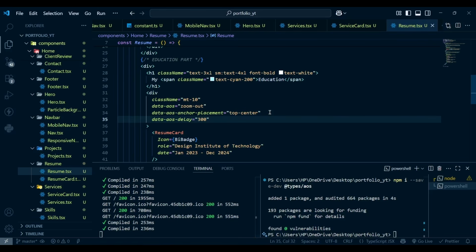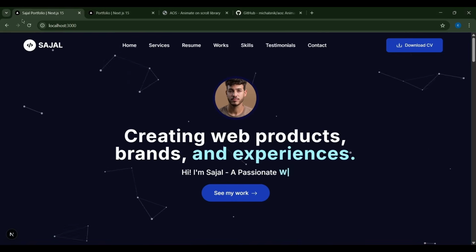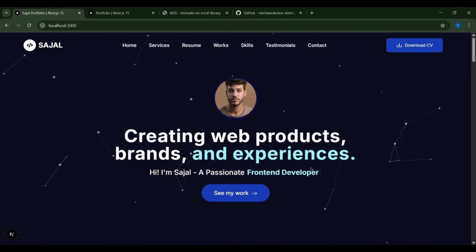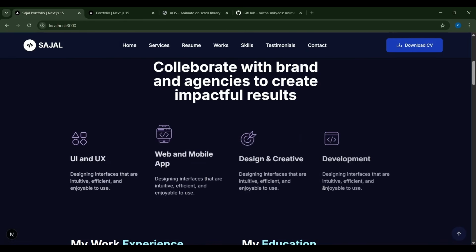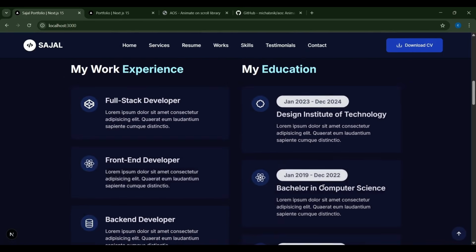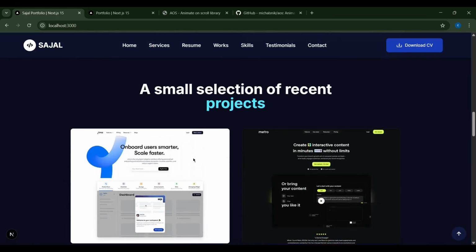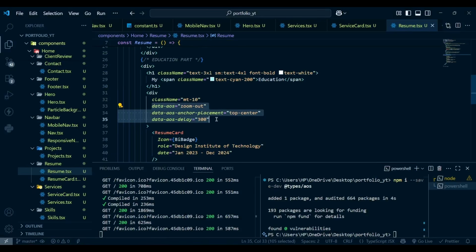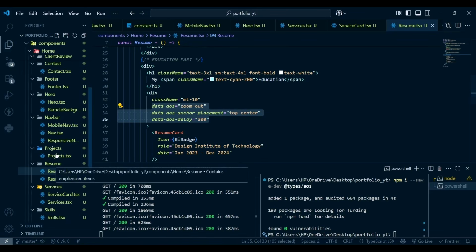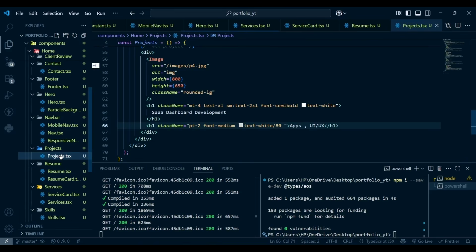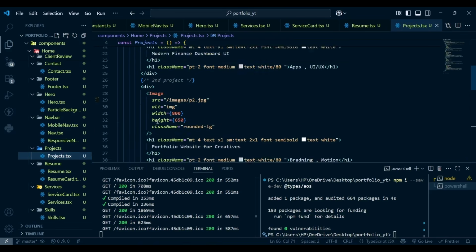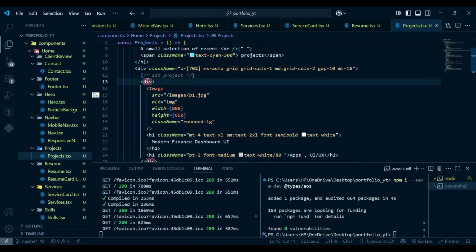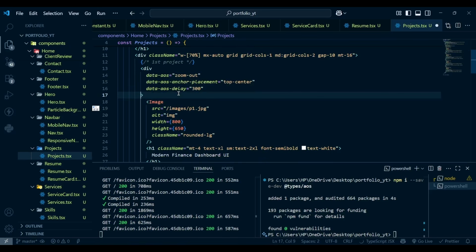So now if I hit save and go to our project, and reload the page, we have our initial animation. If I start scrolling, then we have this service section animation, and then we have this resume section animation. Cool. Next, we are going to add animation to our project section. So I'm going to copy these 3 lines from here. Then let's go to the project.tsx, and here for the first image div I'm going to paste the animation,